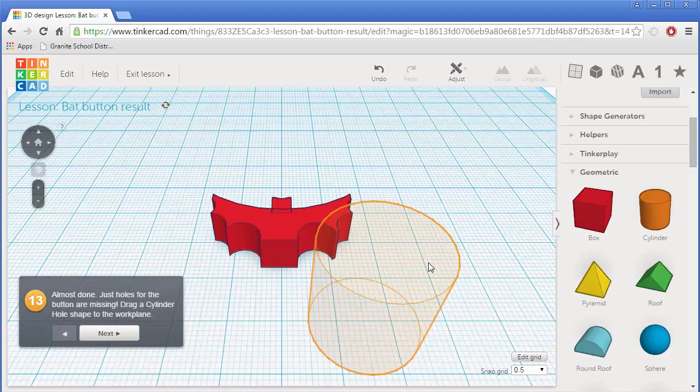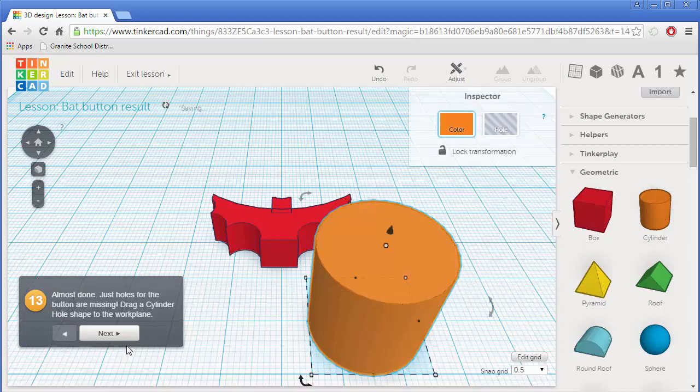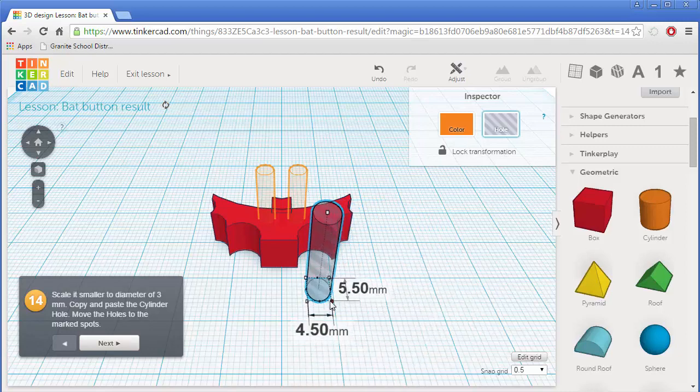Just holes for buttons are missing, and so we're just going to drag the cylinder out and click on the next button. So it says, and we want to make a hole shape out of it. We're going to click next, and we're going to change the diameter to 3, so that's going to be quite small. So let's just go in here, up a little bit and over one more, and we're going to place one here,